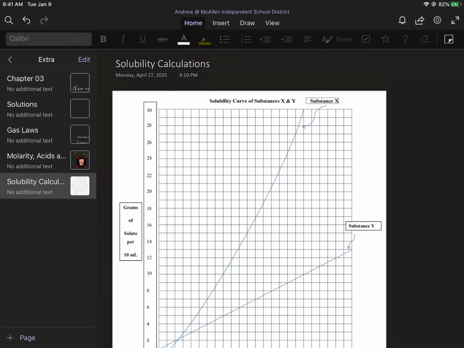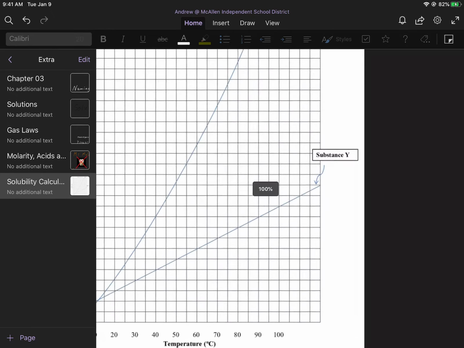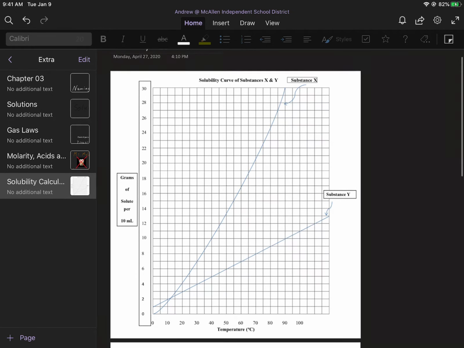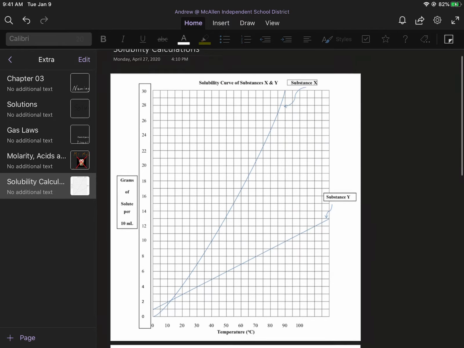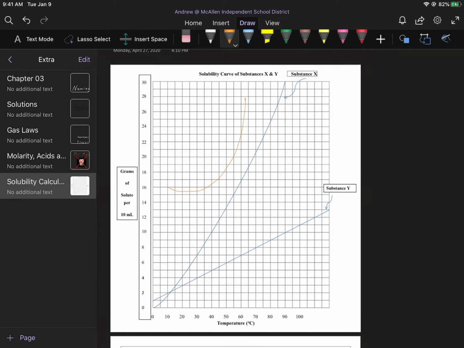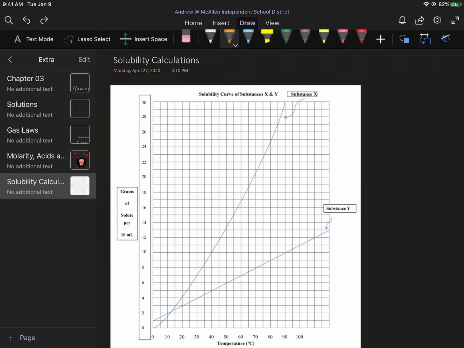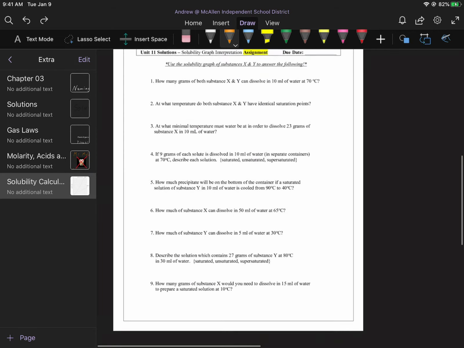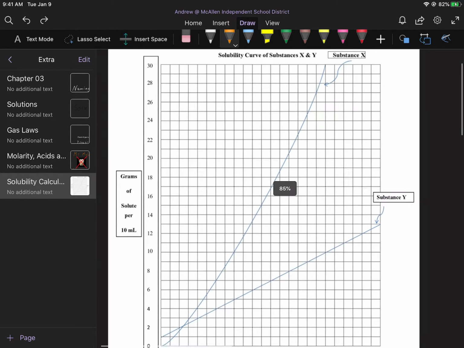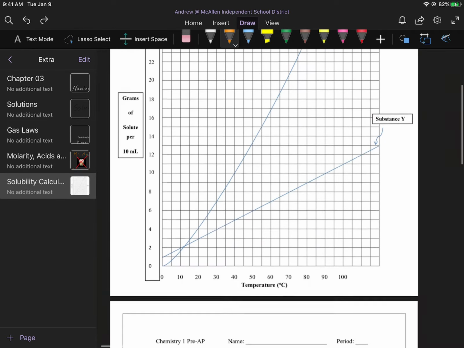Great, here's today's work. This is called a solubility chart, sometimes called solubility curves, because rather than straight lines, they usually look a little bit more like this. But we're going to keep it easy, do these ones today. I'm going to work you through. We're going to answer this practice set, and then in classroom, I'm going to post the practice set for you to work on. So we're going to be coming back and referencing this chart frequently, but for now, let's go